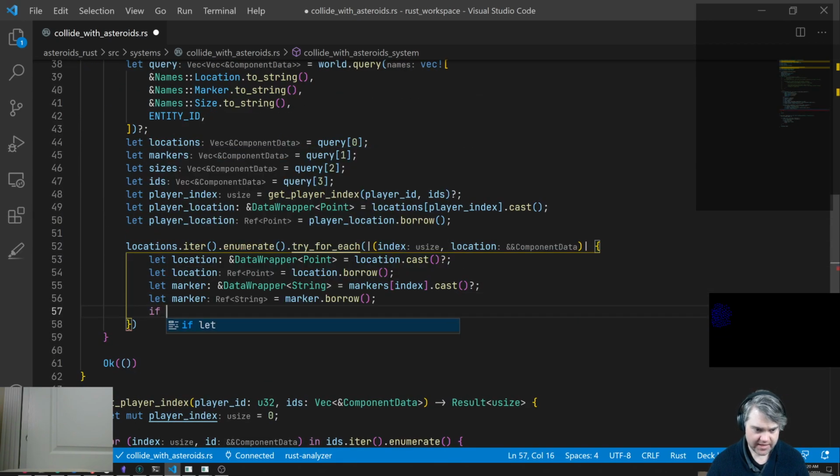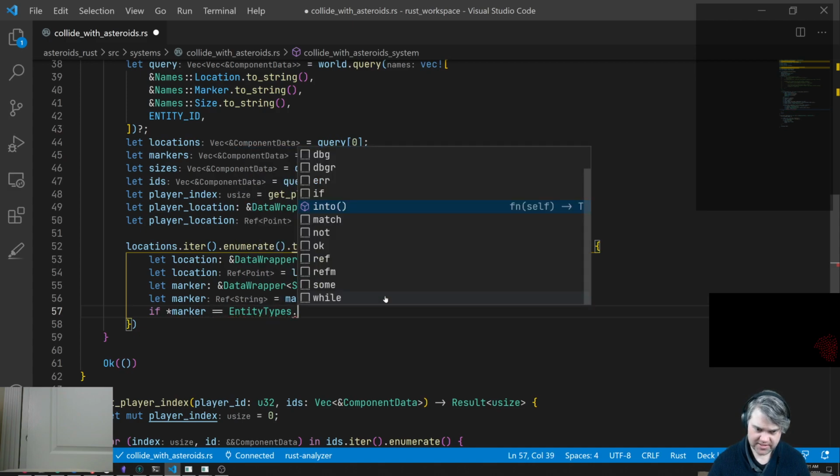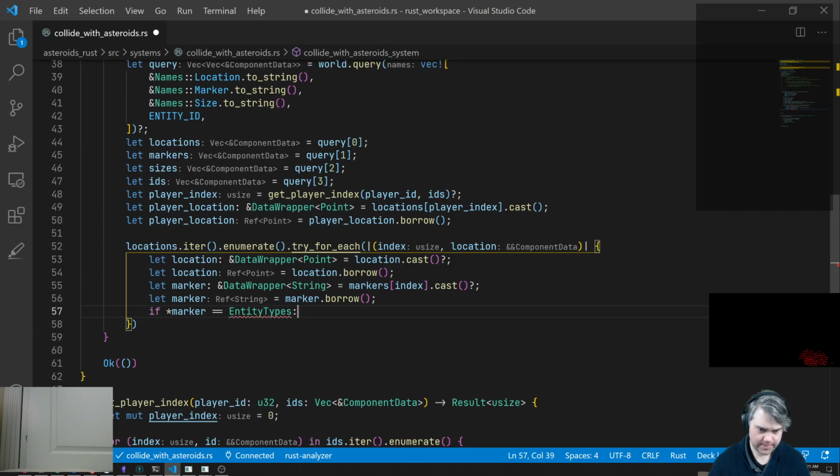So if marker is equal to entity types dot asteroid to string. Okay, so if you're that,